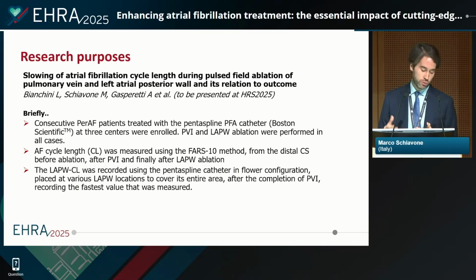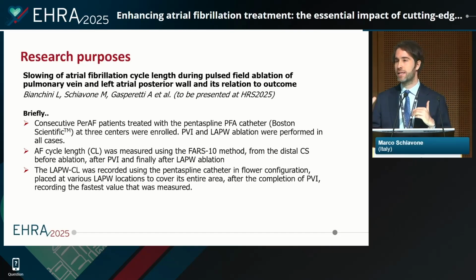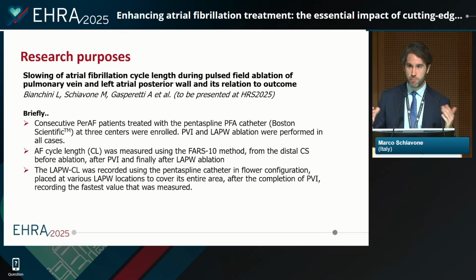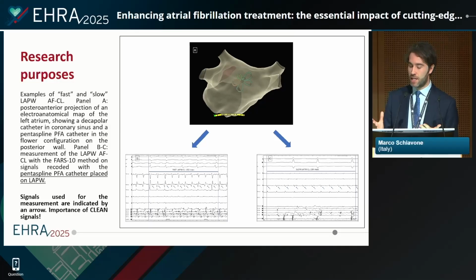But also, we wanted to measure the cycle length in the left lateral posterior wall, a different zone, posing the catheter in the flower configuration into the posterior wall, to cover its entire area, to understand if there are some gaps or some differences in the area of the posterior wall, and if you may have some faster area, a slower area, for example, across the entire posterior wall. The scope of the study is beyond the purpose of my topic, but just to understand what we did,